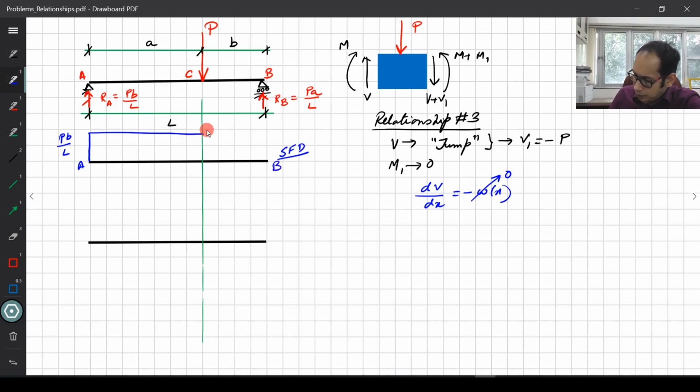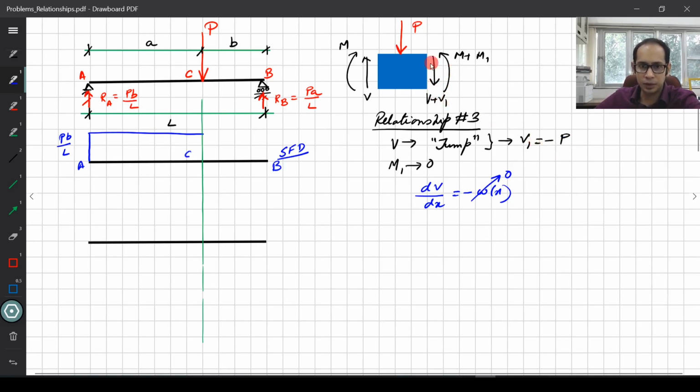A, B and C is over here. So up to that particular point I have this. Now here you see at P I have a point load, and when I see a point load I see the shear. So this is the positive convention for the shear. I see the shear goes a downward jump, but it reduces by a quantity of minus P. So due to this P, your additional shear that you get, V plus V1, it reduces by